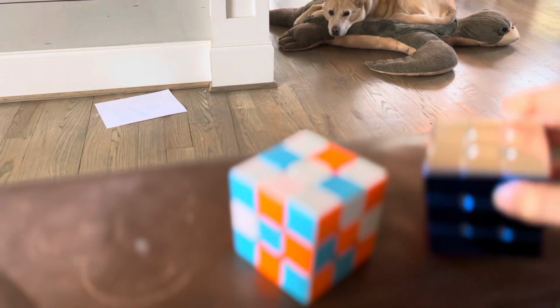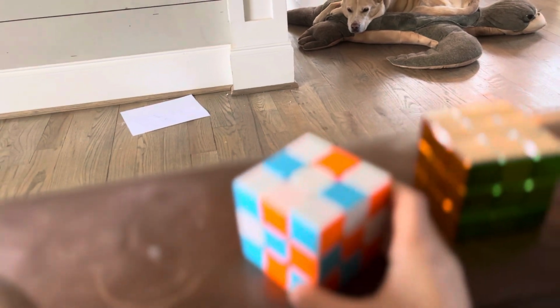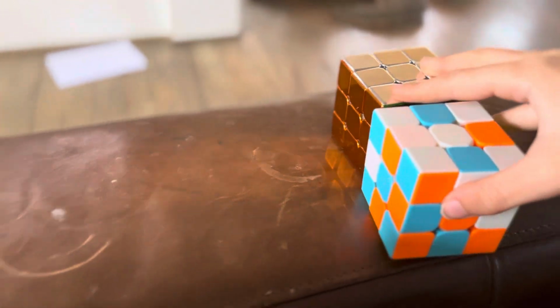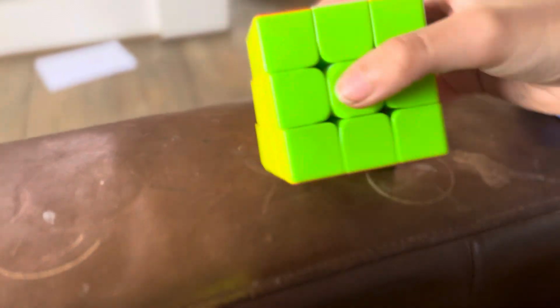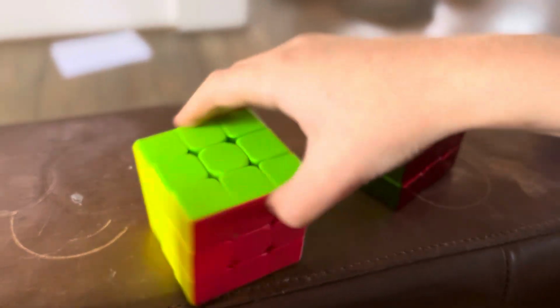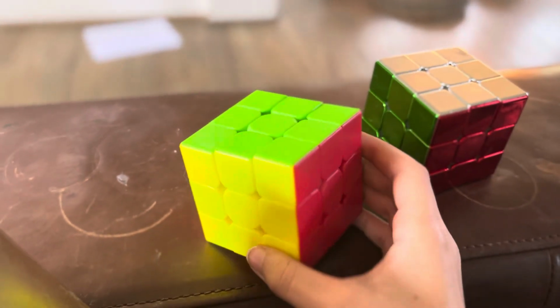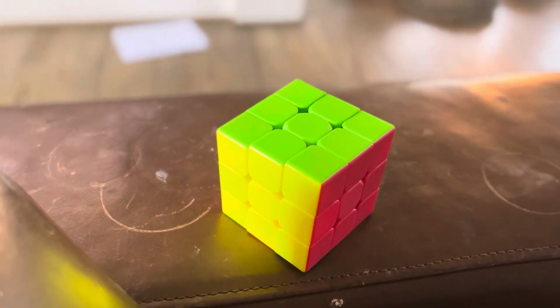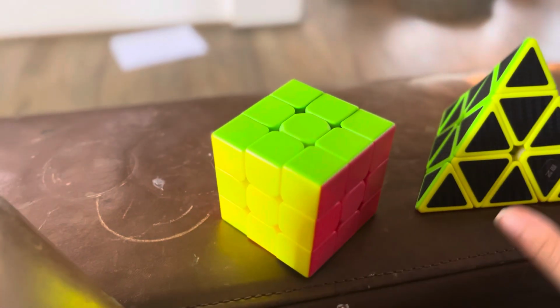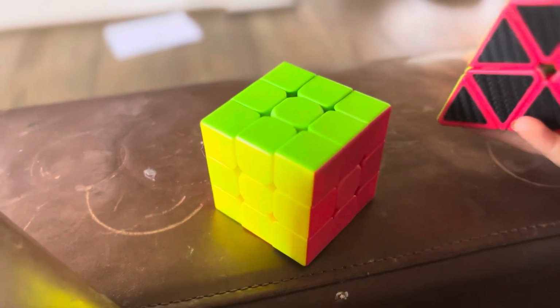And here's another one you could do. If you grab another 3 by 3 and get it whatever side you want, and then you get it onto this side, then solve it. You might think it's because of the color lighting up. That's it. And then if you grab another one, like this one, and put it next to this one, it will